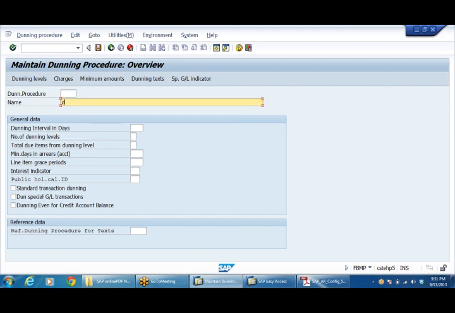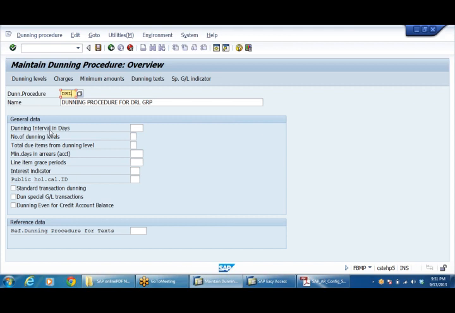In the explanation part, I can write, dunning procedure for DRL group. So I can define a total dunning procedure for the group. Any company code can use this procedure. The procedure name I'm giving as just DRL.